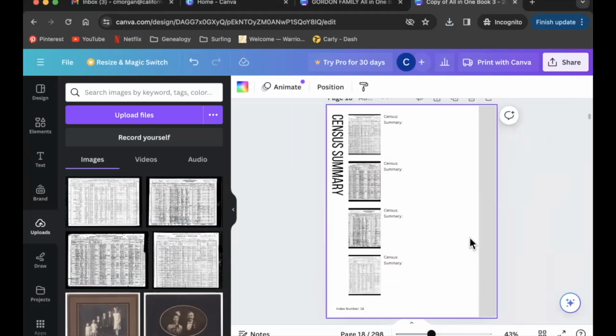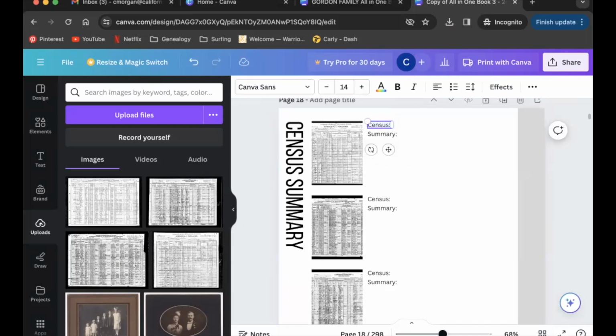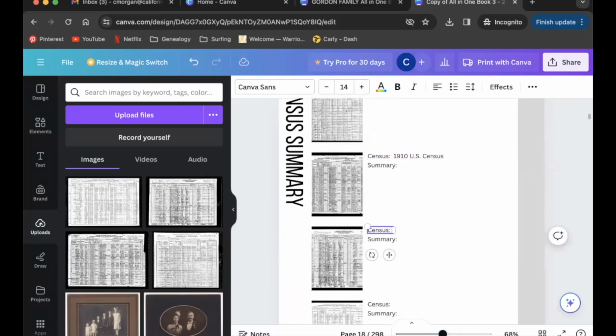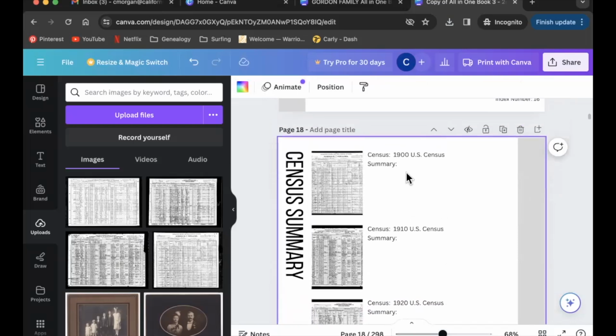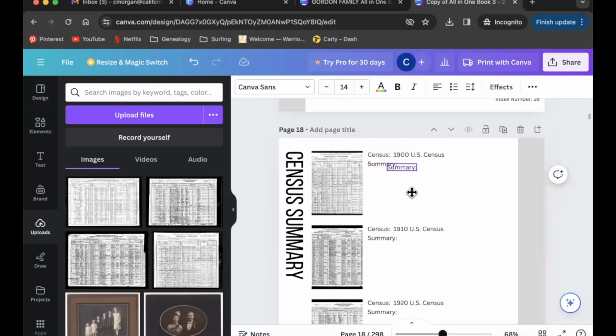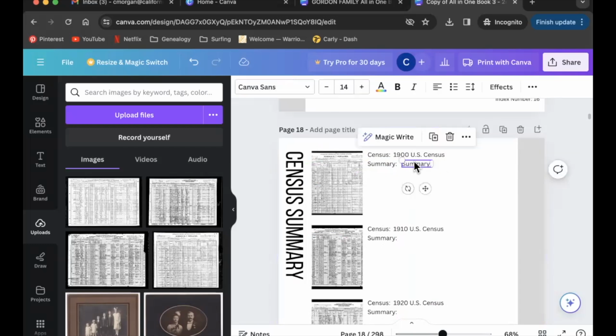as you summarize what was happening in each of the censuses. What I'm going to do over here is say which year the census is from: 1900 US Census. And now that they've all been identified, I'm going to add a short summary of the information that was found in that census. And instead of just continuing this text box, I'm actually going to copy it, put another text box right next to it, lined up